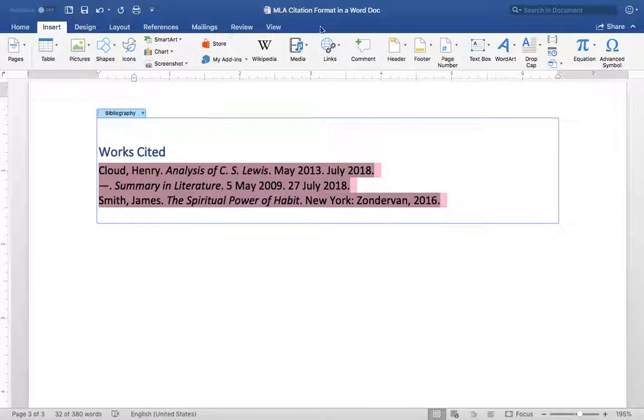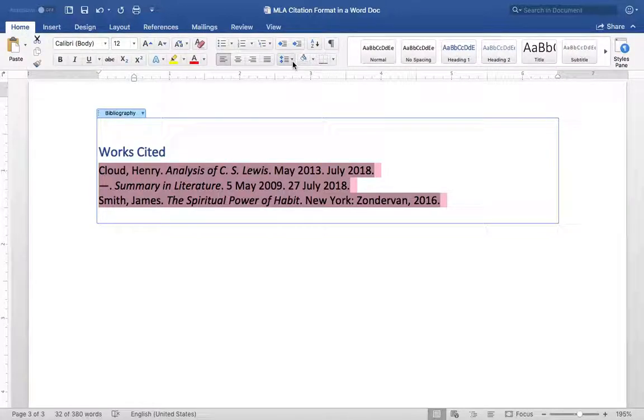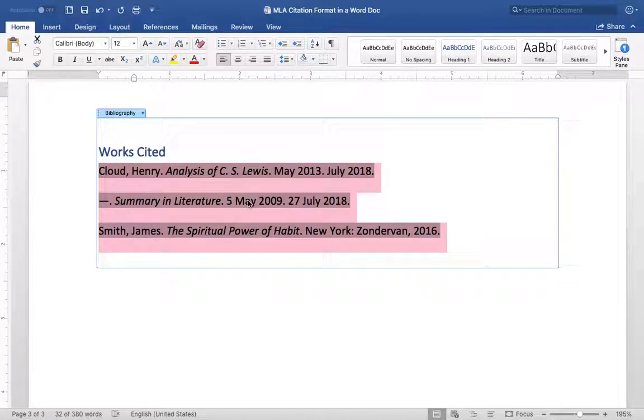the double spacing in that particular works cited to make sure that you are